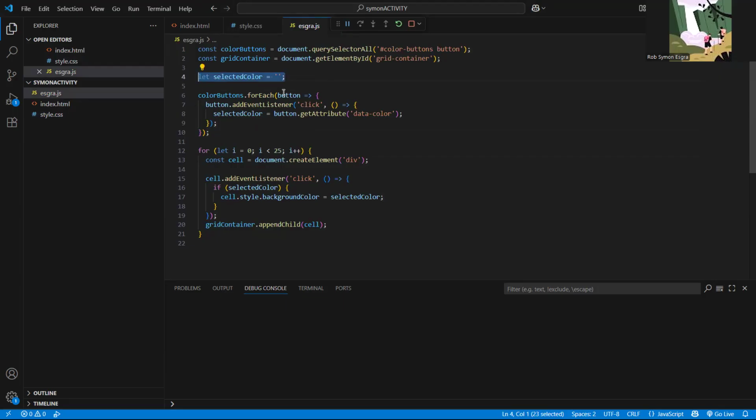This is where we store the selected color, and this is when the color button is clicked, it will set the selected color.